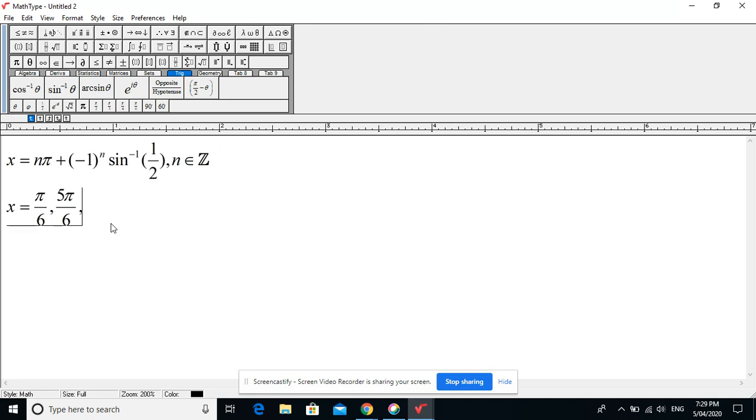So we've gone too far now with our n. Those are the only two solutions from 0 to 2 pi. That makes sense if you looked at the unit circle, or the circle, and you thought about where the two solutions between 0 and 2 pi would be. Now, let's now look at the negative 2 pi to 0 solutions. Let's choose n as negative 1 now. So negative 1 pi plus negative 1 to the power negative 1. Negative 1 to the power of negative 1 is, well, it's 1 over negative 1 to the power positive 1. So that's 1 over negative 1, which is